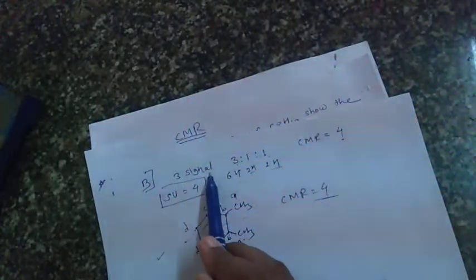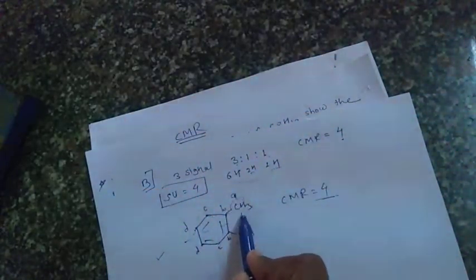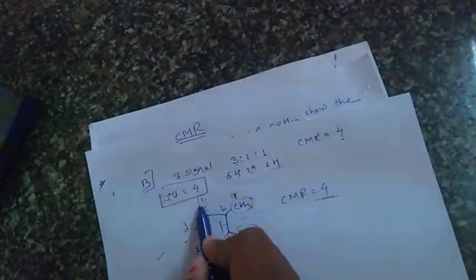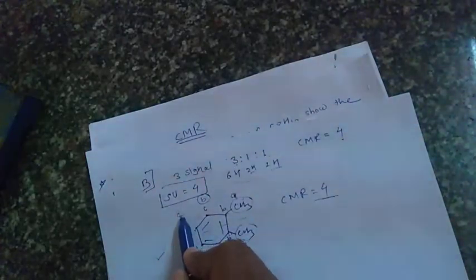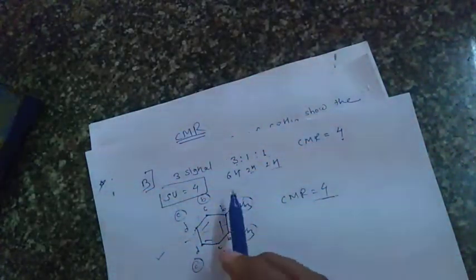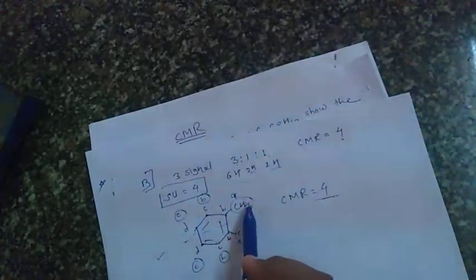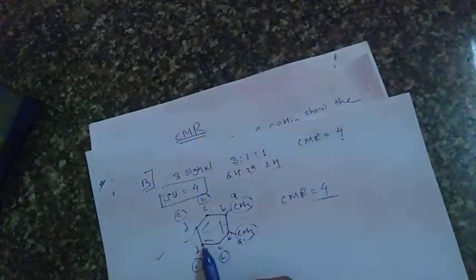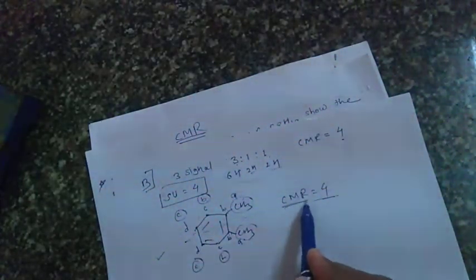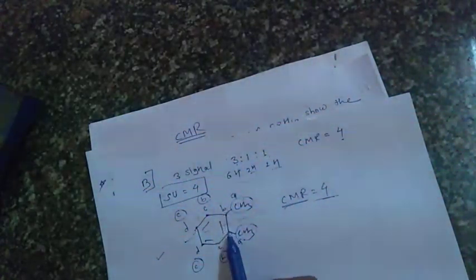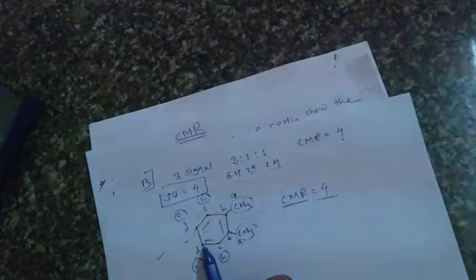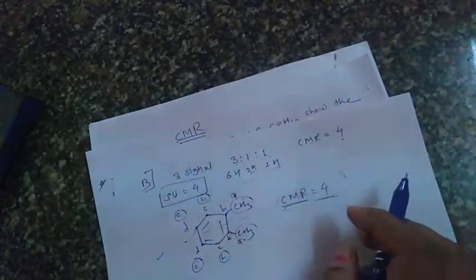They show 3 signals of H1. Here this is one signal of H1, this is another signal, the B signal of H1, and this is the C signal of H1. They give 3 signals with the ratio: this contains 6 hydrogens, the B signal contains 2 hydrogens, and the C signal contains 2 hydrogens. And here we consider the CMR: the CH3 contains 1 signal, this carbon contains another signal, B type, this carbon contains C type of signal, and this contains the D type of signal. That means it also fulfills the condition of the CMR.